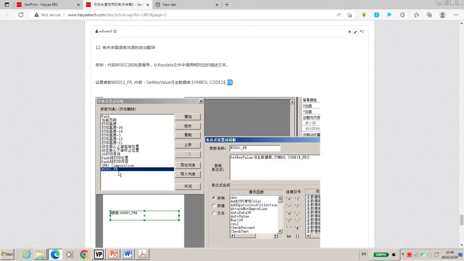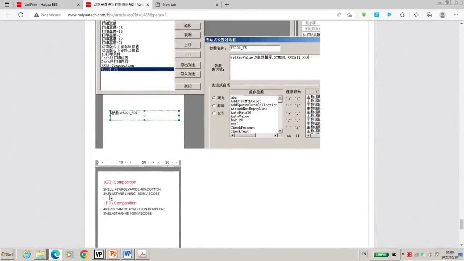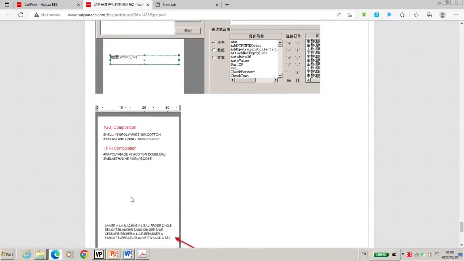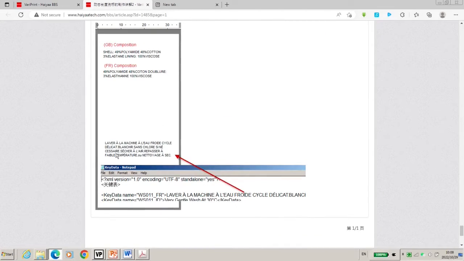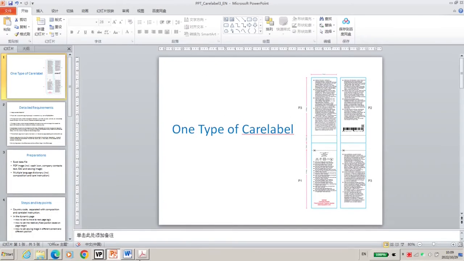The same idea, we're using the parameter, there are many parameters, FR, JP, CN. So after writing this parameter, we can get this composition and this instruction. Why? Because this instruction description is already in our dictionary.